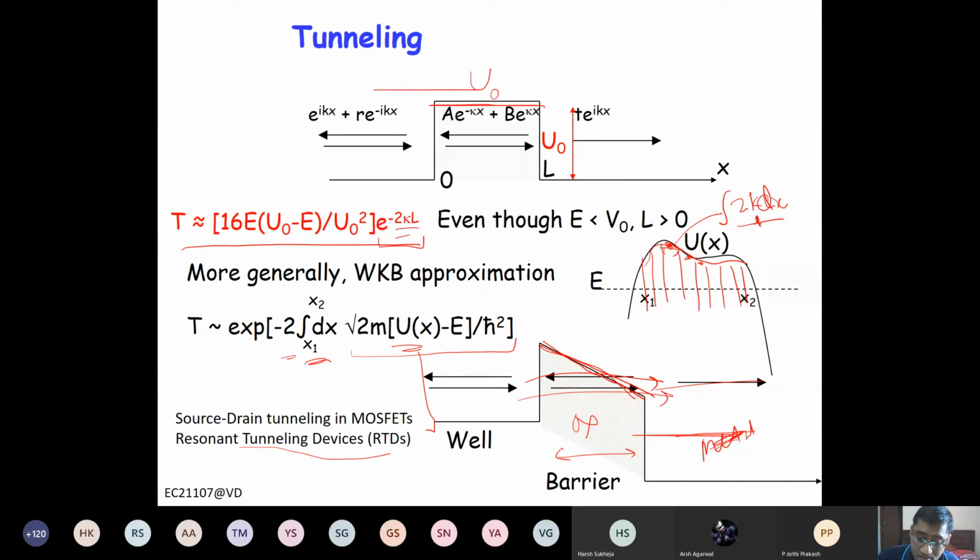Okay. So far, any question? Because we have completed the tunneling. Now in the remaining 20 minutes, I will discuss the Schrodinger equation, how we can solve this Schrodinger equation numerically. Okay, somebody raised his hand.